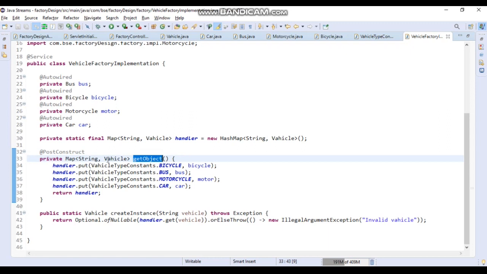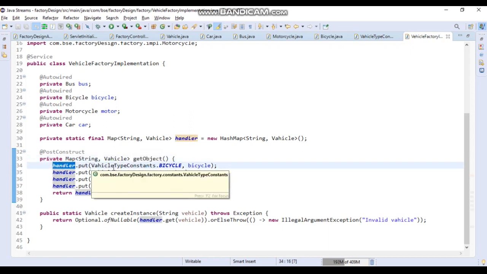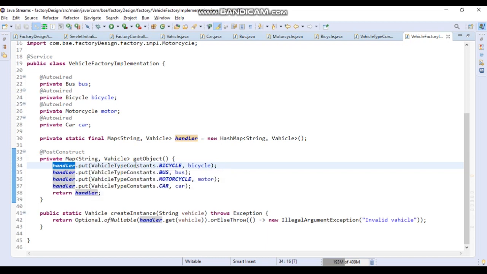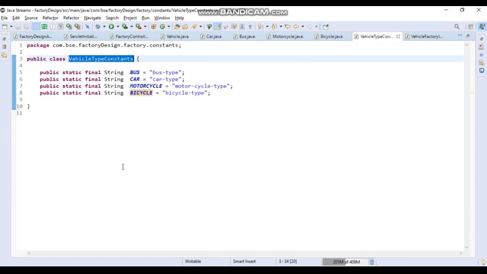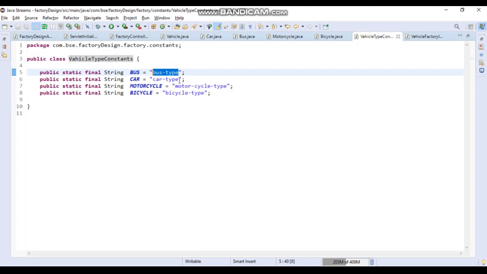And then I have put all the objects as key value pairs. I have created one constant class, and in the constant class I have created different types of constants. Like for bus I have used bus type, for car car type, for motorcycle motorcycle type, and for bicycle bicycle type.